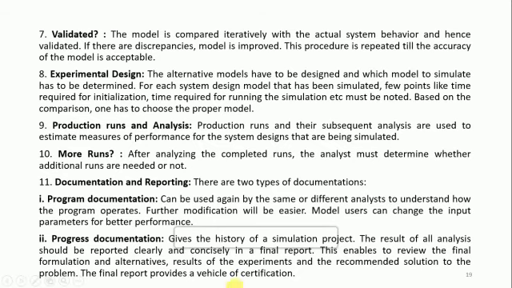So this will enable us to review the final formulation and alternatives, the results of the experiment and the recommended solution to the problem. The final report provides a vehicle for certification. It means here we will be able to review the final formulation and the results of experiments.